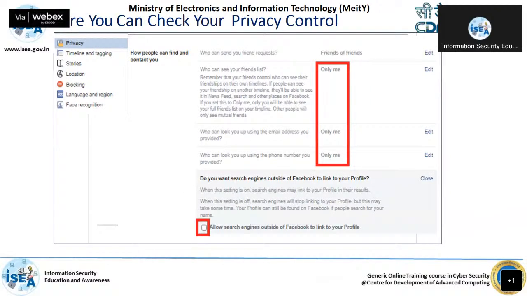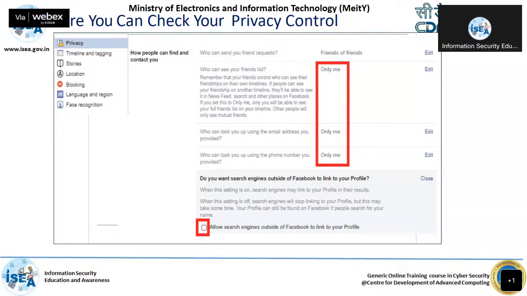These options are very, very important, for you or your family members. There is something called privacy. The moment you click on privacy, you'll get all the options. You can just see that. Later you can do it. You need not do anything at this point of time. Please listen carefully. Who can see your friend list? Only me, everyone, friends and family, all such options are available.